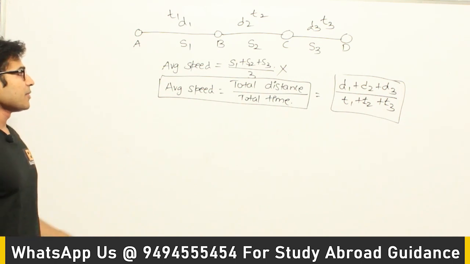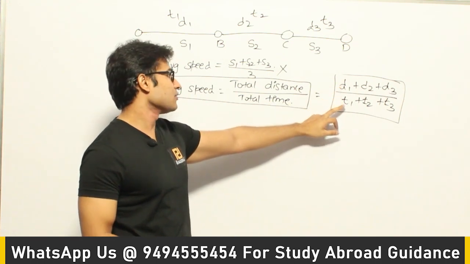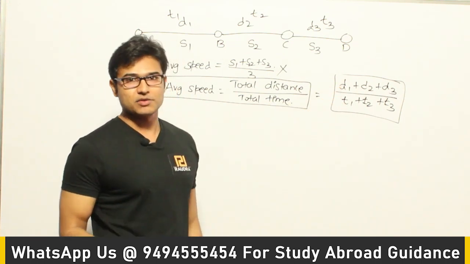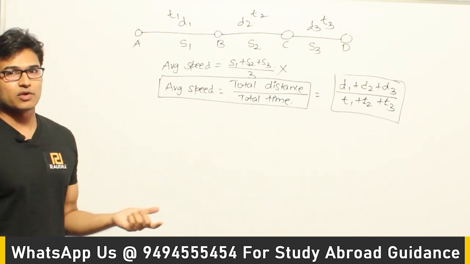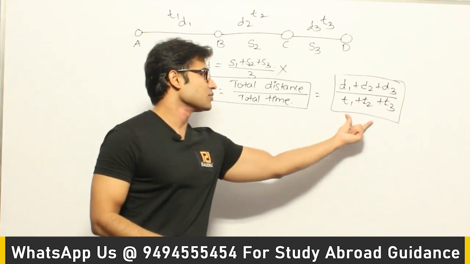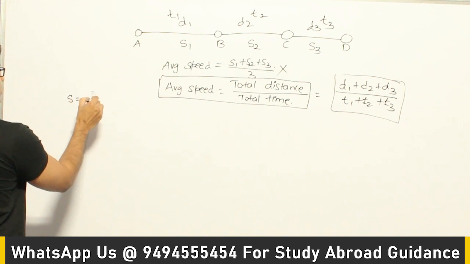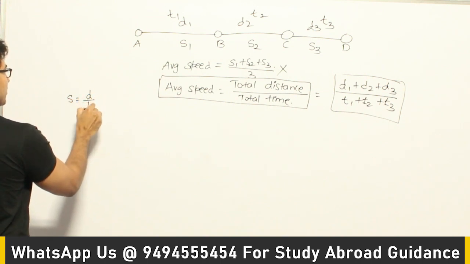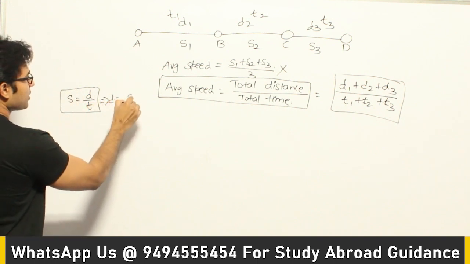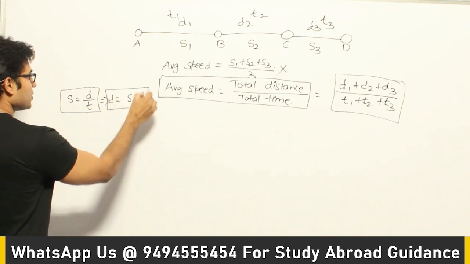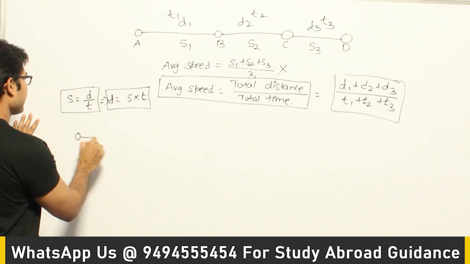Sometimes they might not give you the distance directly, but then they will give you parameters to derive it. And sometimes they might not give you time directly, and they might give you parameters to derive it, right? So let's see what happens if one of the parameters is missing and other two are given. Then in terms of those parameters, you are supposed to derive this, right? So let us assume that we know speed equal to distance by time, right? Now instead of giving distances, then distance equal to speed into time. Instead of directly giving you distances, they might miss one of the parameters. Let us say they are saying that in one case,